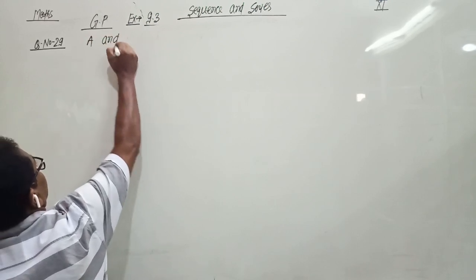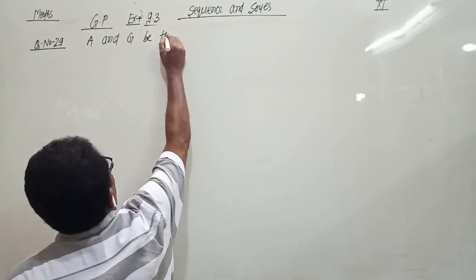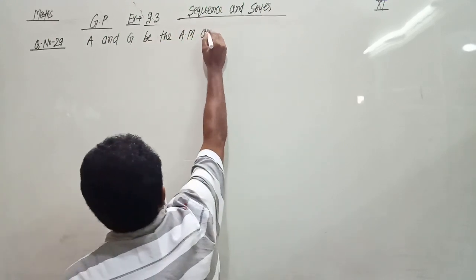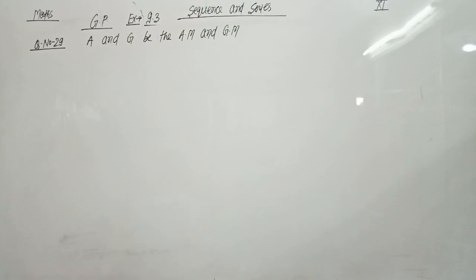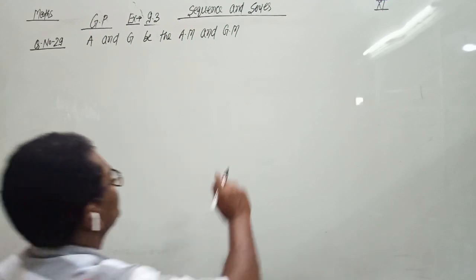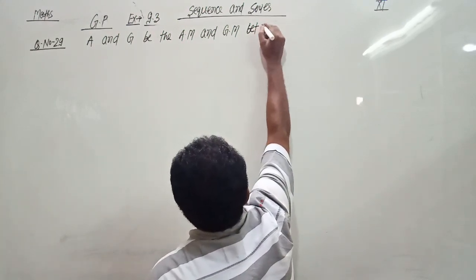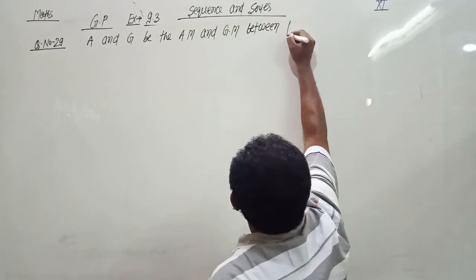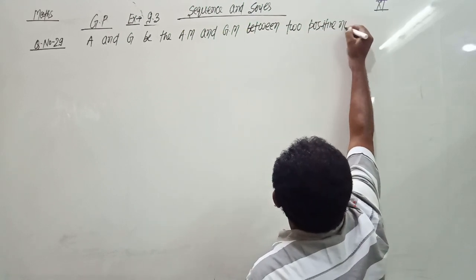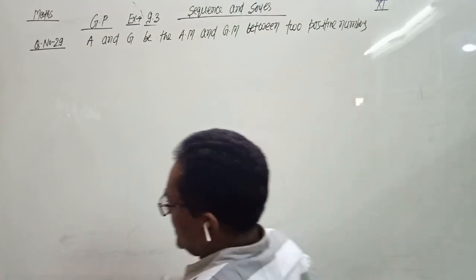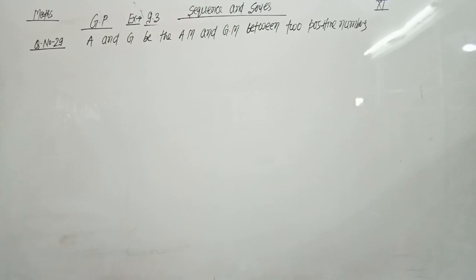A is the AM, AM means arithmetic mean, and G is the GM, GM means geometric mean. So A and G be the AM and GM between two positive numbers. Prove that the numbers are